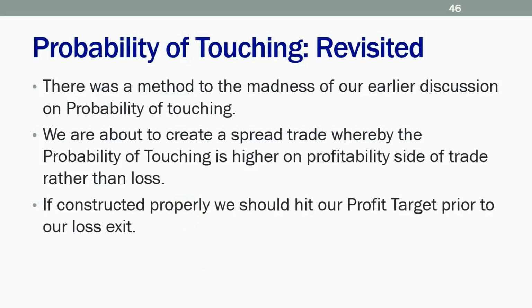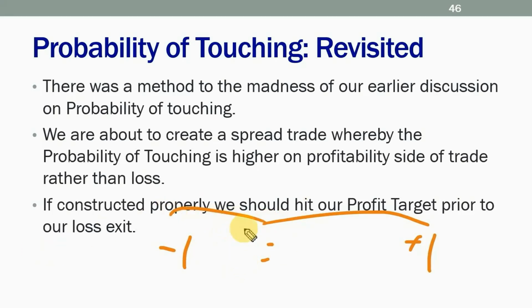The way to view this is you have this risk one to be able to make one scenario. By the way, I'm going to tell you right now, we're not even trying to make $1 in this thing. We're not even going to try to get close to $1. What's going to happen first? Are we going to hit up here or are we going to hit down here? What's going to happen first?